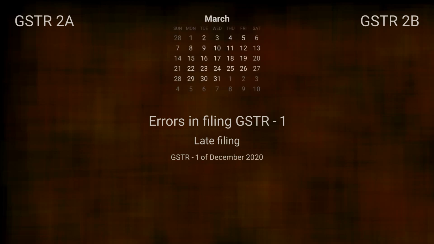Let us understand the errors in filing GSTR 1 in two categories. First is late filing and second is wrong filing. So let us take the case of late filing. Let us say a supplier has filed his GSTR 1 of December 2020 in March of 2021. So he has basically filed his December return in March. The moment he files his December return in the month of March, let us say on 28th of March,